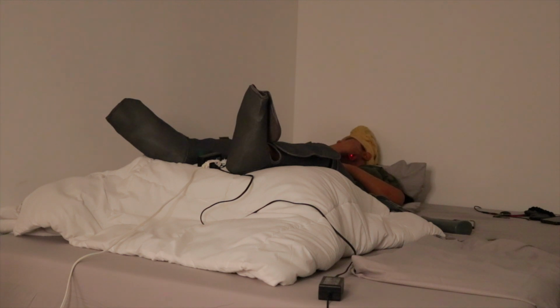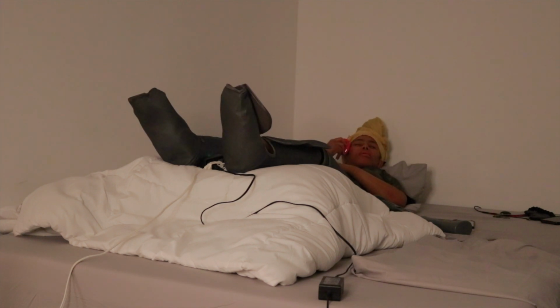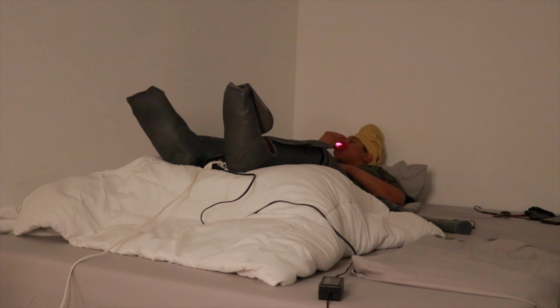And while I'm doing that, I'm just gonna relax a little bit in the meantime and elevate my legs and feet. And I'm also wearing these compression boots that I got off of Amazon. I love them. I love using them to help me compress and get the blood flowing in my feet. It's a great way to massage. And I'm just gonna do this for the next 30 minutes. And as you can see, I am multitasking by massaging my face while I